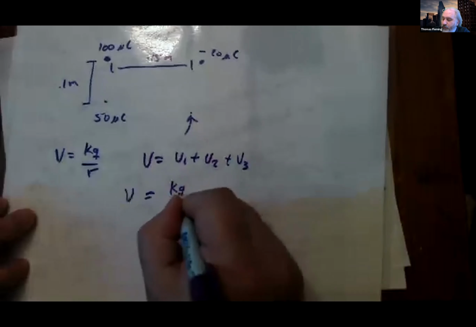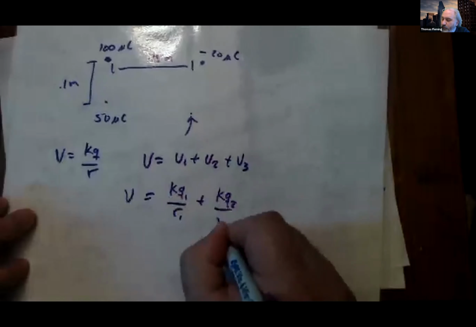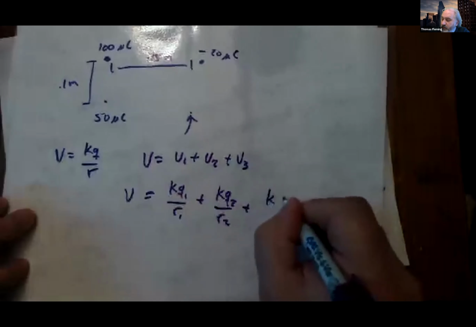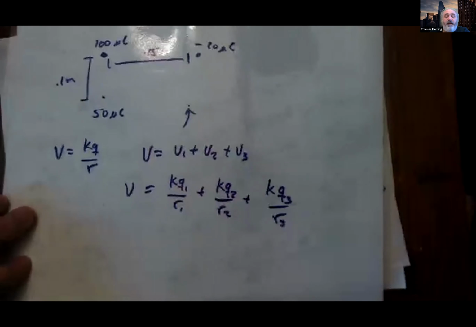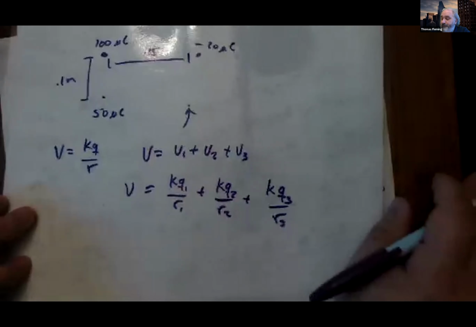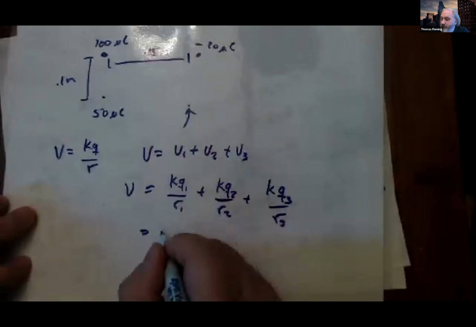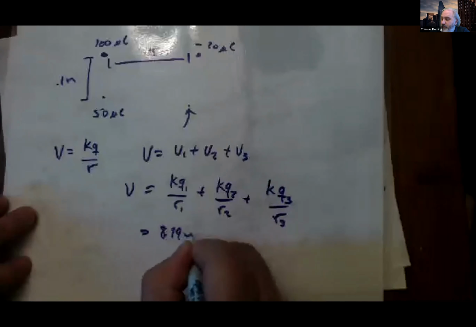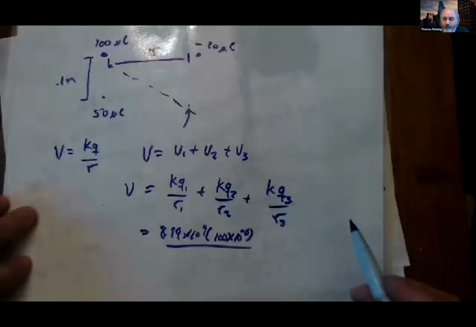So KQ1 over R1 plus KQ2 over R2 plus KQ3 over R3. And all I got to do is plug in and fill in the blanks. So for KQ1, 8.99 times 10 to the 9th times 100 times 10 to the negative 6 divided by this distance, but that's